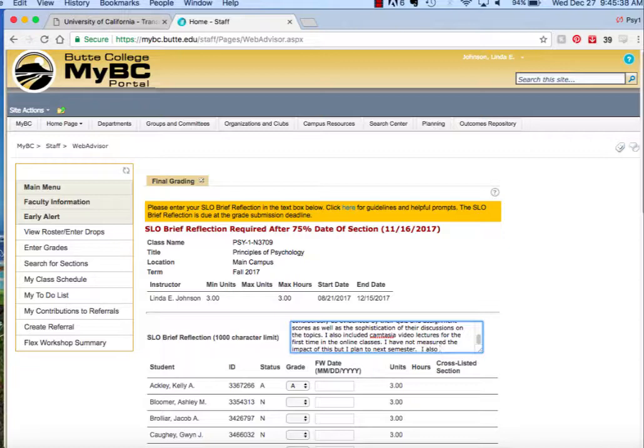I also want to continue to enhance the cognition section, and perhaps make that a sub-theme for all the units. And